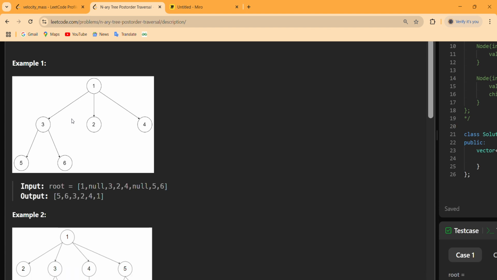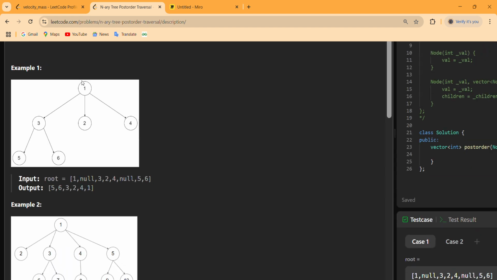So when we try to evaluate this 1, before doing anything on it we have to do that same process on 3, 2, 4. And when we try to evaluate this 3 we have to first evaluate 5 and 6.